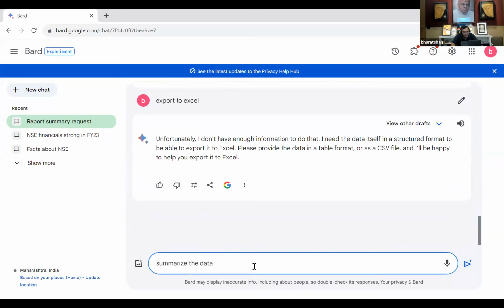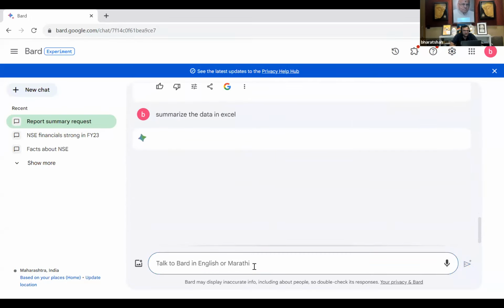The important part here is how you are interacting with Bard. That is called prompt engineering, which is very famous as of now, and the pay packages are also very high.